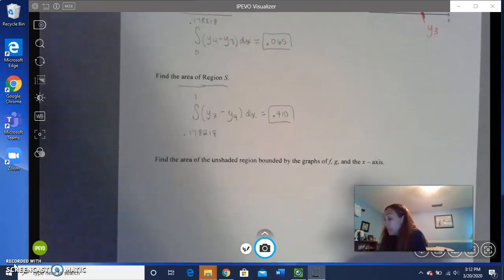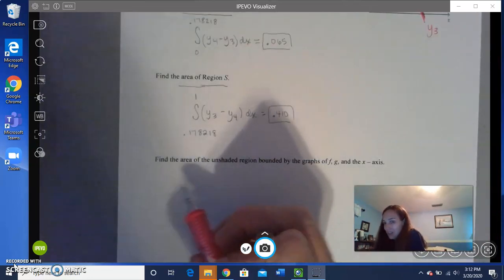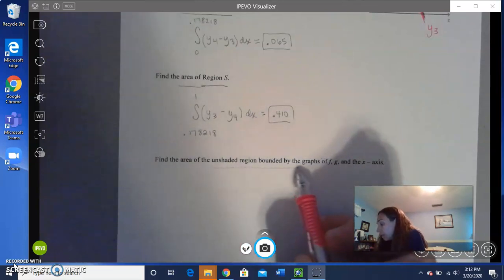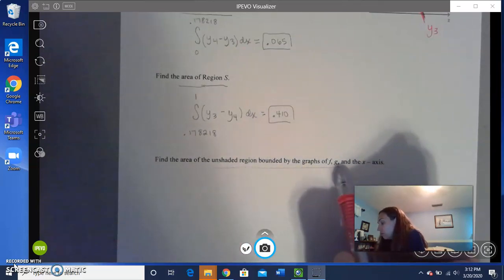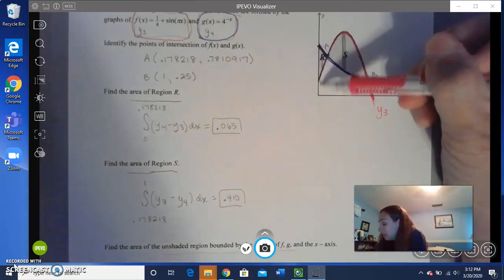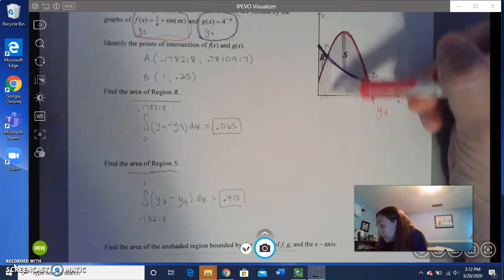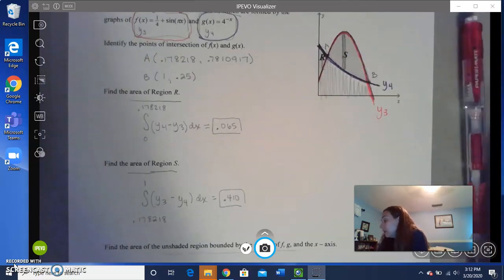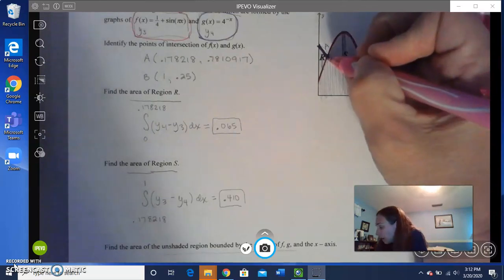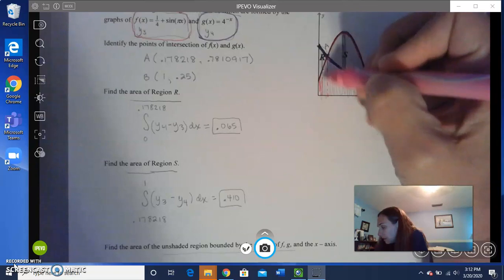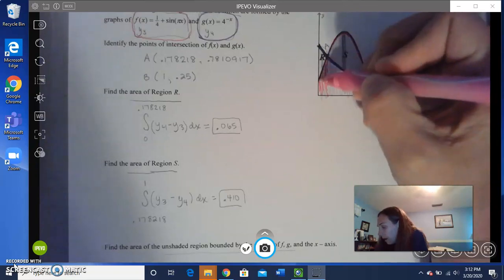All right, so now the challenging or the fun part is the last one. We want to find the area of the unshaded region bounded by the graphs of f, g, and the x-axis. So in the picture, they're asking us to find all of this. And when you see all of that, you might recognize right away that we could split it here, because this area is underneath the